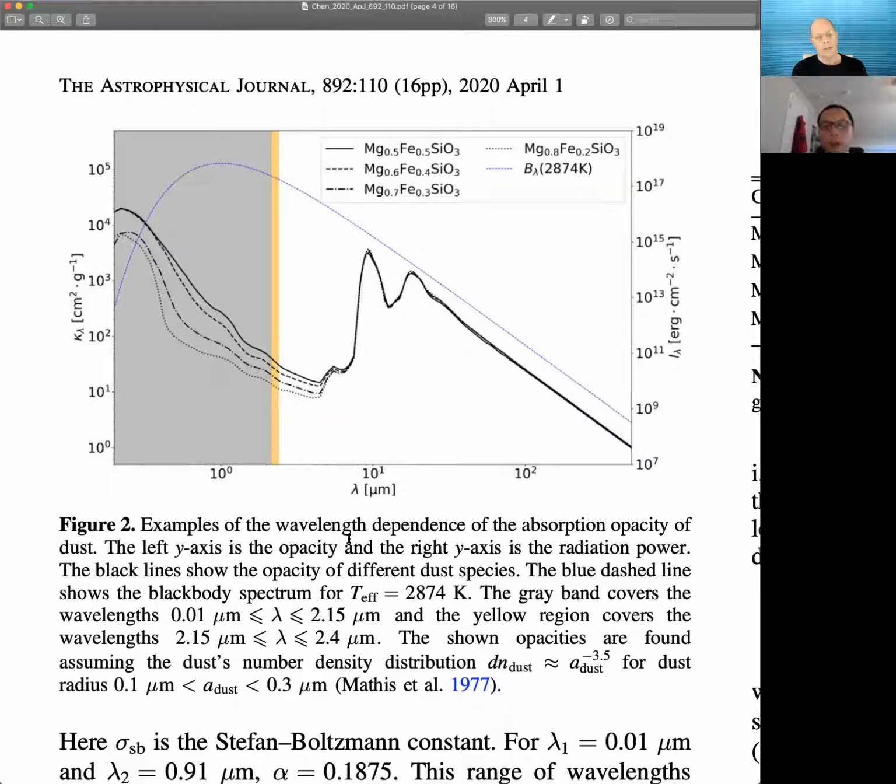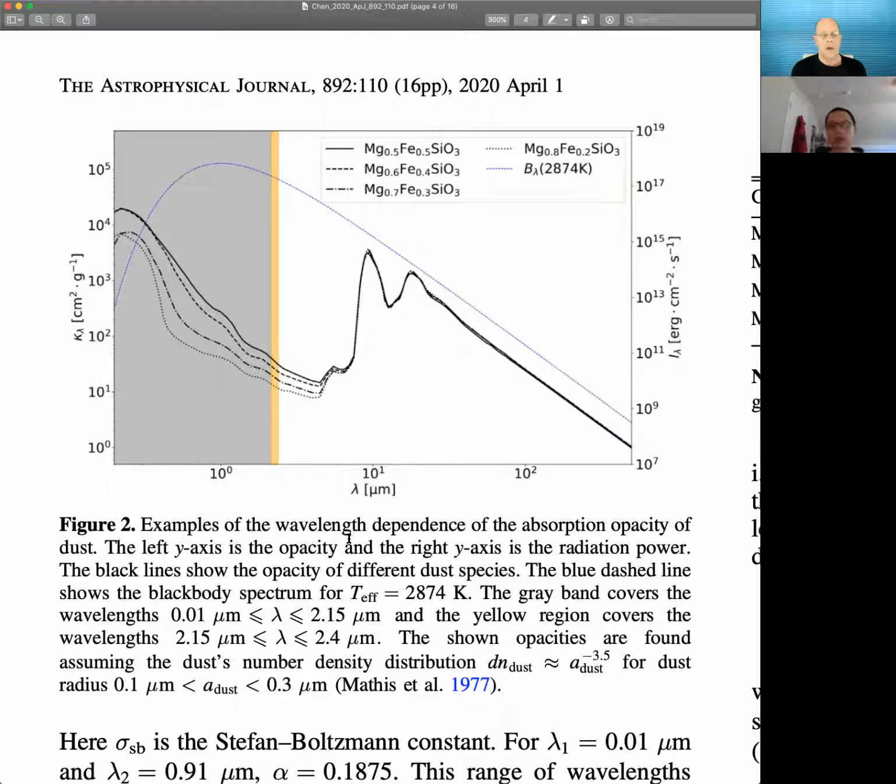The yellow band indicates where the K band lies. At this K band, the opacity is already very low compared to the peak at the short wavelengths. And from here we understand that only the short wavelengths can be efficiently absorbed by the dust,